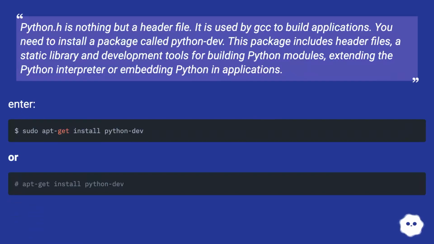Python.h is nothing but a header file. It is used by GCC to build applications. You need to install a package called Python dev. This package includes header files, a static library and development tools for building Python modules, extending the Python interpreter or embedding Python in applications. Enter